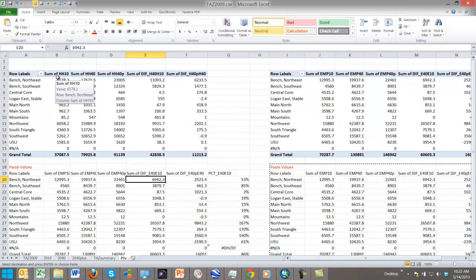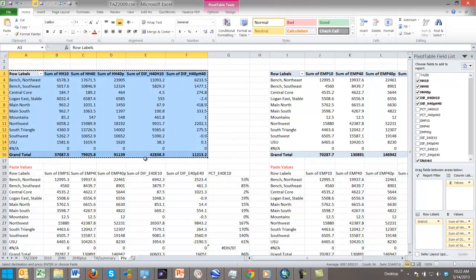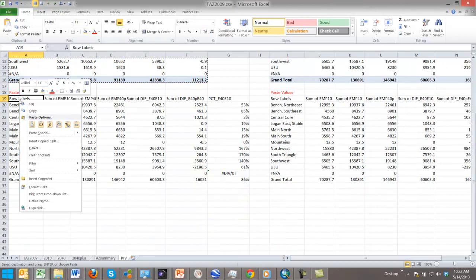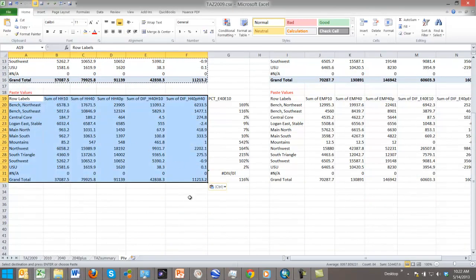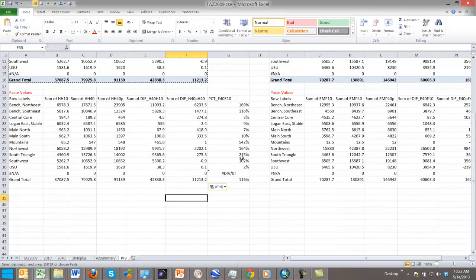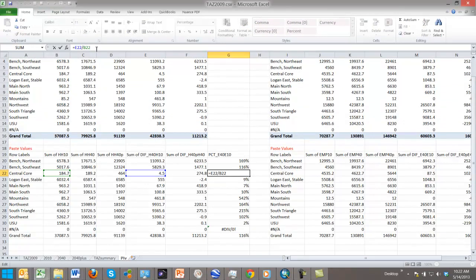So all I need to do now is highlight the data that I want to copy. I'm going to Control C, copy that, and paste special, paste values, and it goes in there, and voila, it updates the data. I need to just confirm that it is correct, and it appears to be